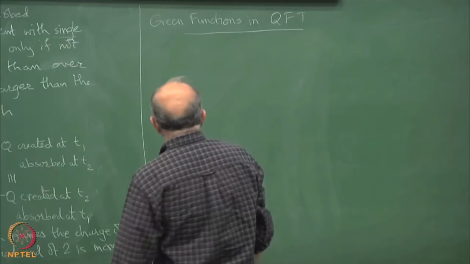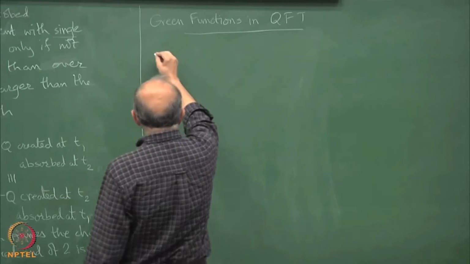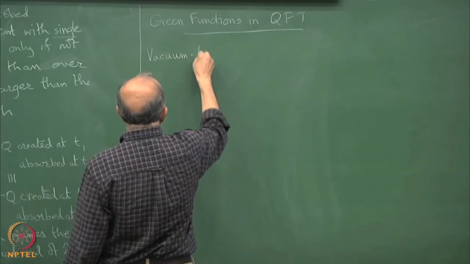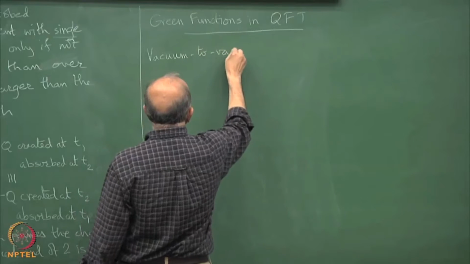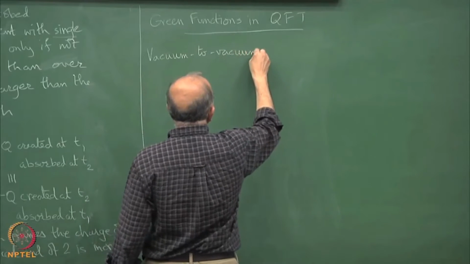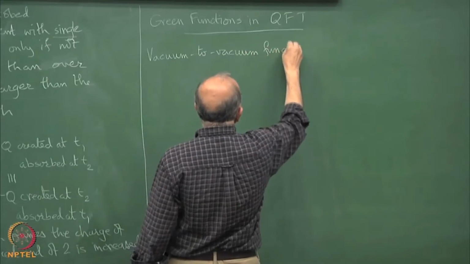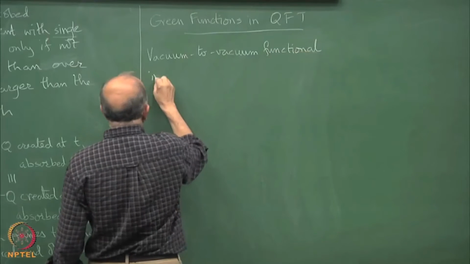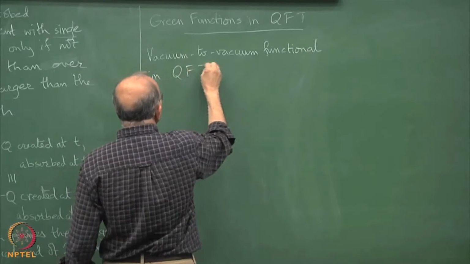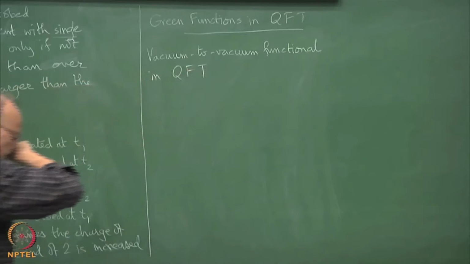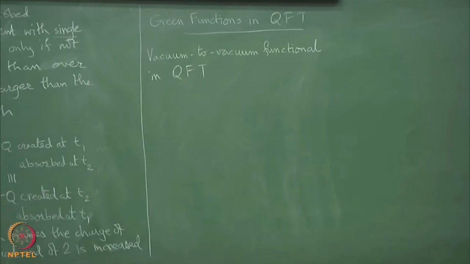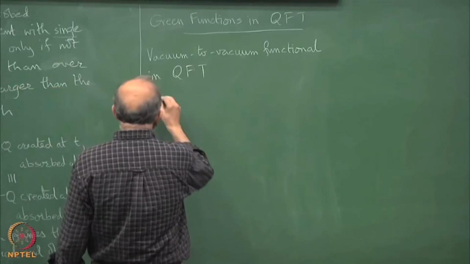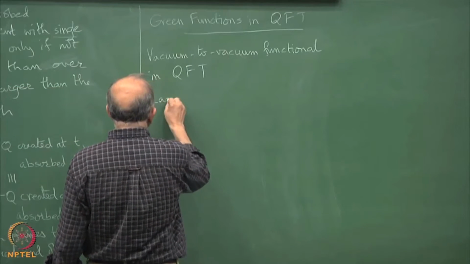So we begin by introducing the vacuum to vacuum functional in QFT, and to that end we need the Lagrangian density